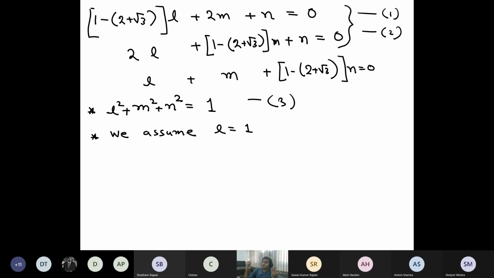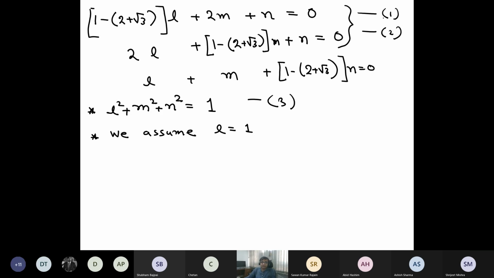Now you can say that you don't like this number 1. You want to assume 5.17. You can assume it. Does not matter. But assume L to be something. I will assume it to be 1 because that will simplify my calculation. Don't assume L to be equal to 0 because then that will kill the whole point. So assume some non-zero value, -1, 1, -3.89, plus 7.67, whatever you want. If you want to make your life easier, assume L to be equal to 1.